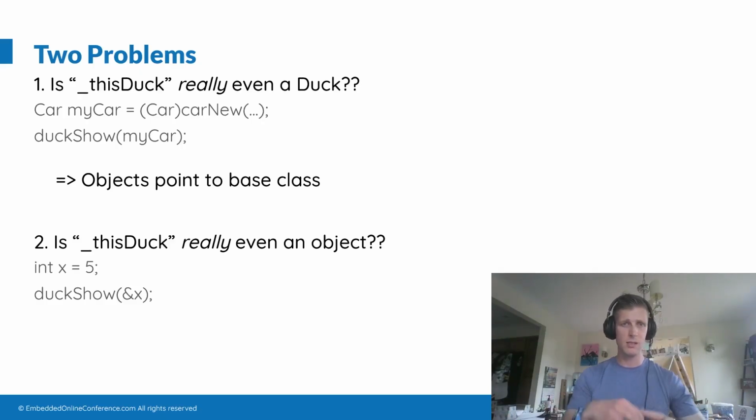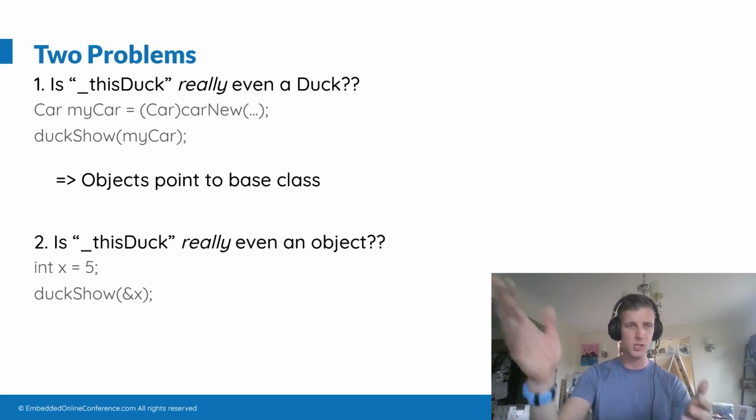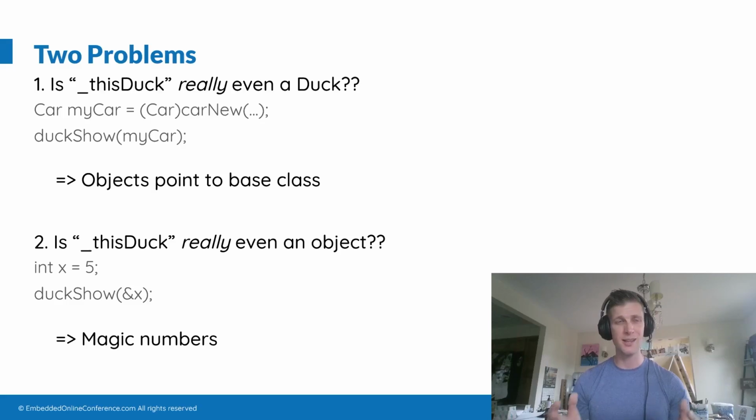And if I start dereferencing that pointer, assuming that there are elements pointing to a base class, I might very well wind up with some sort of segmentation fault or memory fault as I'm trying to reach into places in memory that don't exist. And the best solution to this that I could find is to include something called a magic